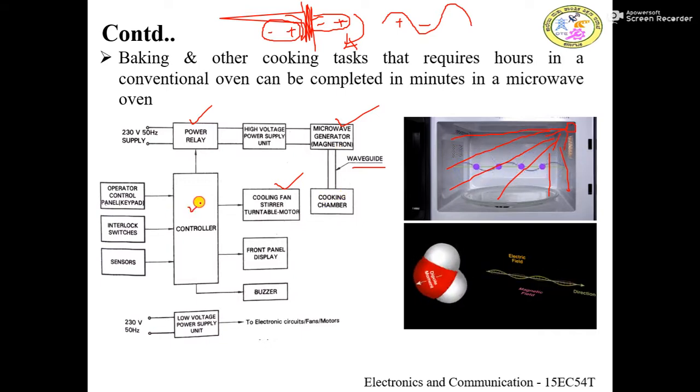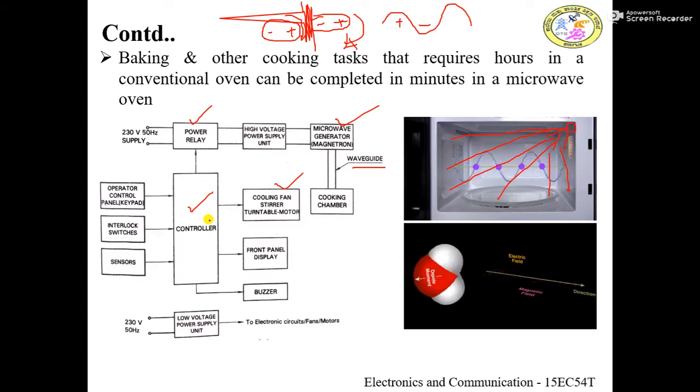And next, an important unit is the controller. The controller is like a microcomputer. It is going to run the digital clock as well as the timer. So it sets the microwave power level depending upon the type of food that you have put in the cooking pan. The controller is going to decide what the power level should be and what time is required for the cooking, and it also runs the digital clock.